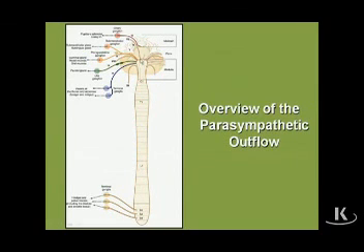At cranial levels, they're in the brainstem associated with cranial nerves 3, 7, 9, and 10. At sacral levels, associated with S2, 3, and 4. Let's discuss these pathways in two separate groups. For the first group, what we'll do is we'll combine the sacral outflow along with the vagus outflow. So we'll combine vagus plus the sacral 2, 3, and 4 parasympathetic outflows. I'm combining them together because their pathways are fundamentally the same.